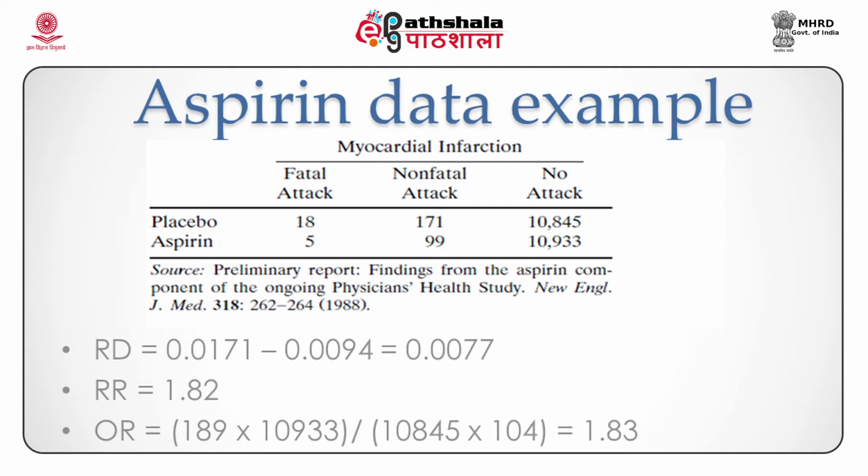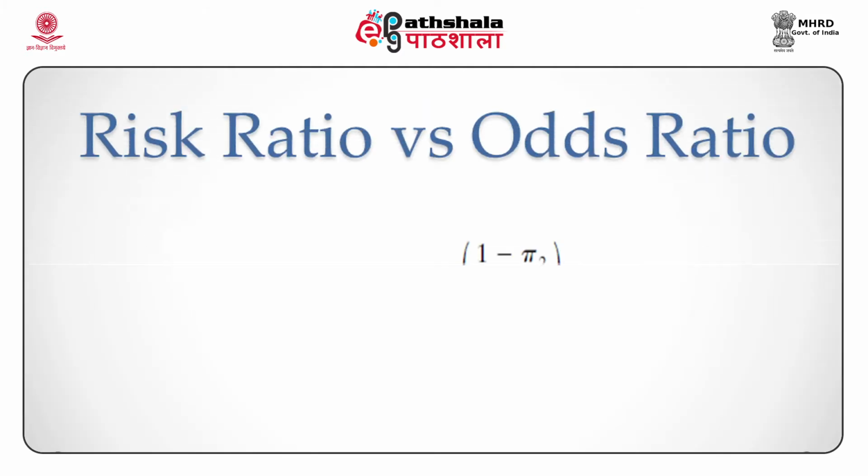We could also have obtained the risk ratio from this table. So the risk ratio and odds ratio are related by the fact that the odds ratio is equal to the relative risk into 1 minus pi 2 by 1 minus pi 1. So the odds ratio would be exactly equal to the relative risk if pi 2 is equal to pi 1,